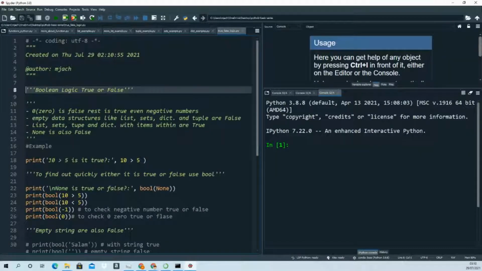Let's say I want to see whether 10 is greater than 5. Is it true or false? To find out quickly, rather than writing all of this, we're just going to use the bool operator, and it will show you whether it is true or false. We know 10 is greater than 5, so it will show true. And if we put a less than sign, 10 less than 5, obviously 5 is not greater than 10, so it will show false. And -1 also shows true, and 0 is false. So if you run this,